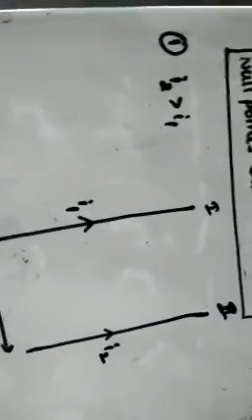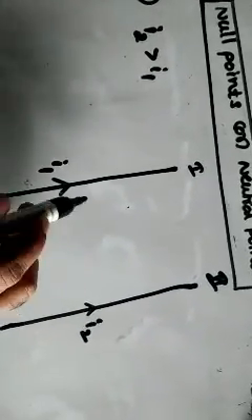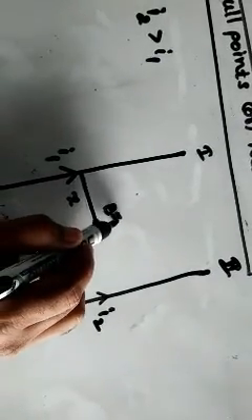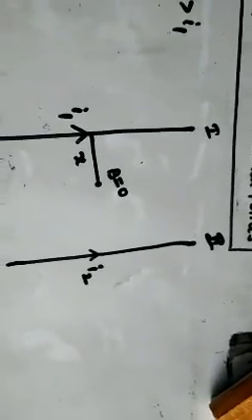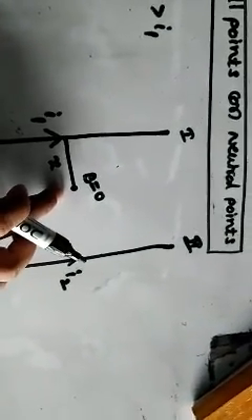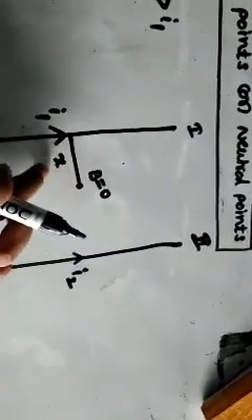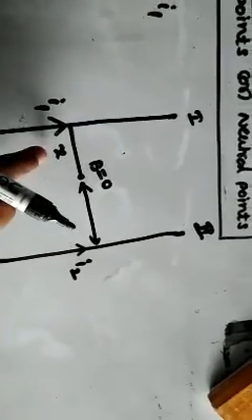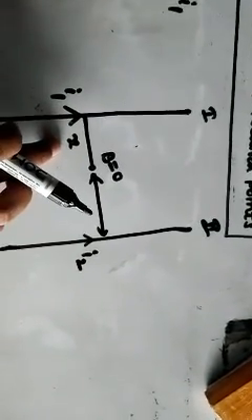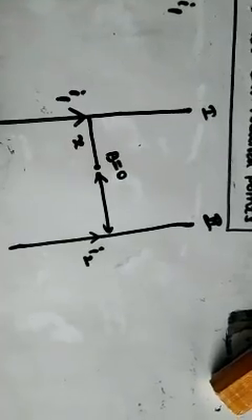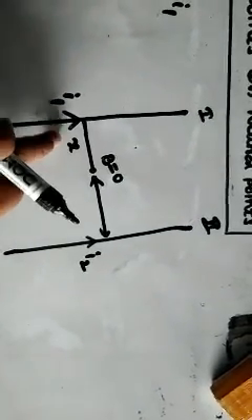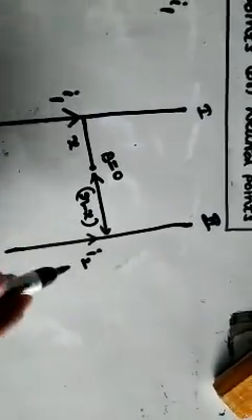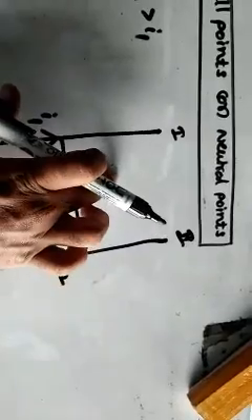Now the concept is, from this lower current carrying wire, at a distance x, the net magnetic field becomes 0. This point is called the null point or neutral point. Listen carefully. I don't know the value of x, and I am going to find this x value. The original distance between the two wires is r. The null point from the first wire is x, so automatically the null point from the second wire is r minus x. So the net field is 0. How is the net field 0?